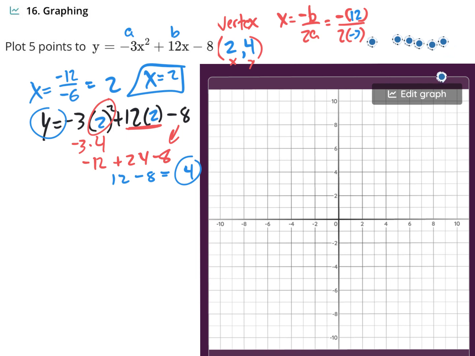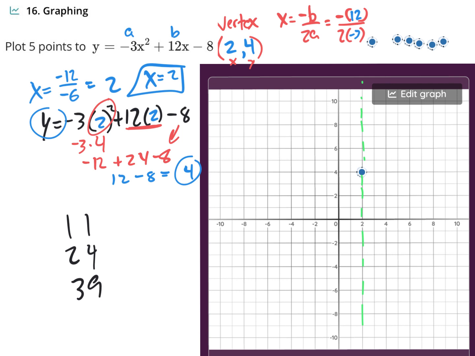Whoops. So 2 on the x, 1, 2, and 4 on the y. That's your vertex. We know that there's going to be an axis of symmetry going right through it. But we need more points. So you could go to an input-output table, but I would rather use the pattern 1, 1, 2, 4, 3,